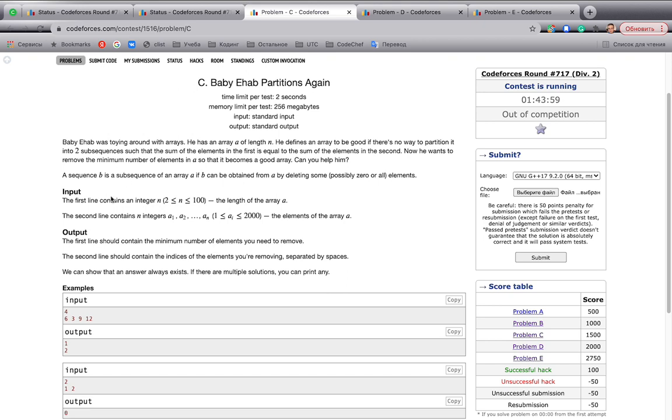So first, check if the array is good initially. For that, we want to try and split it into 2 subsequences with equal sums. So we want to find whether there is a subsequence with sum equal to half of the sum of the initial array. The sum of the initial array is at most